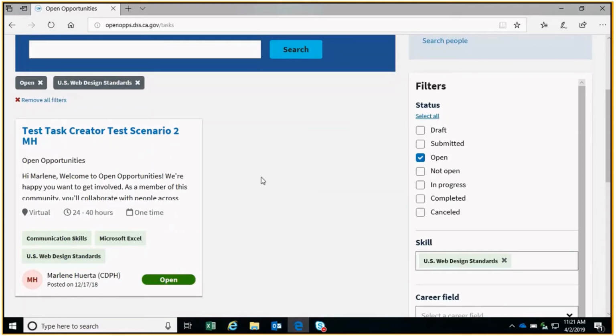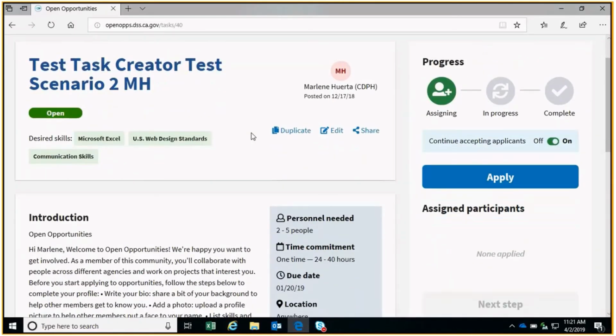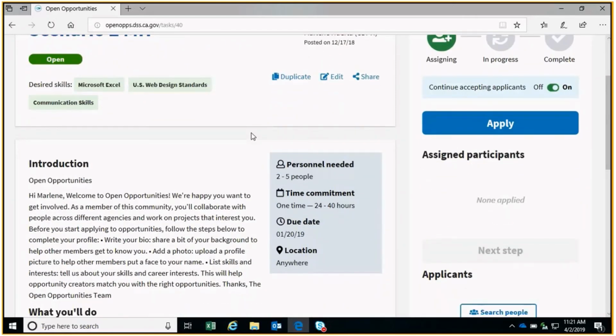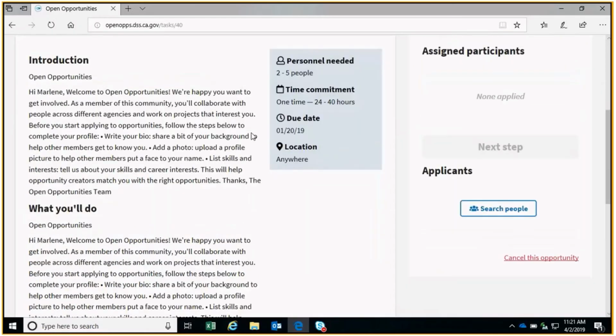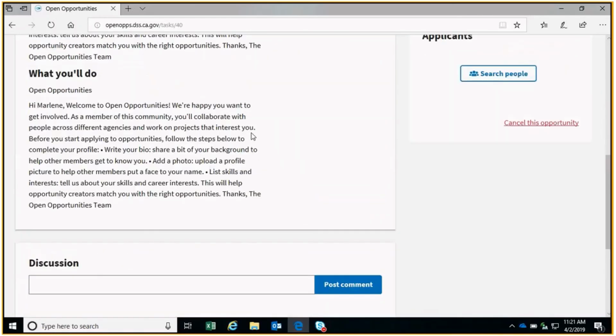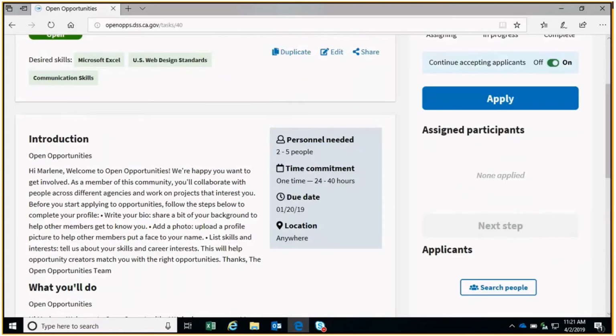Clicking on a task that looks like something I might want to take on, I'm taken to a more fleshed out overview of what that task or project is going to entail. I can get a detailed description of the work I'll be doing and the skills necessary, as well as the organization or the work group that posted it. If everything looks good, I can hit Apply to the task,